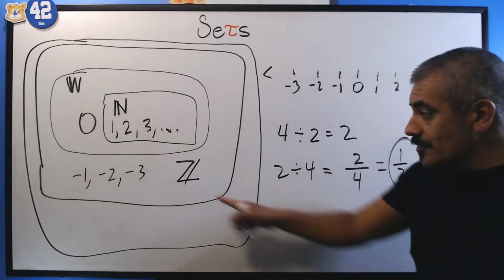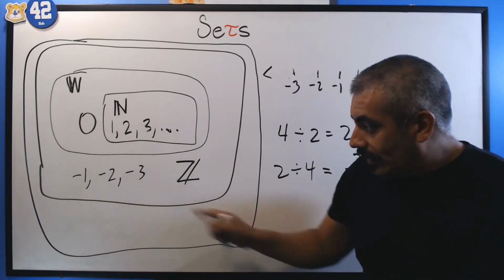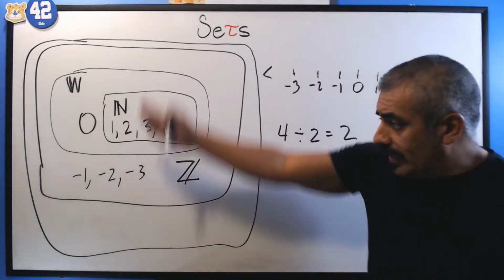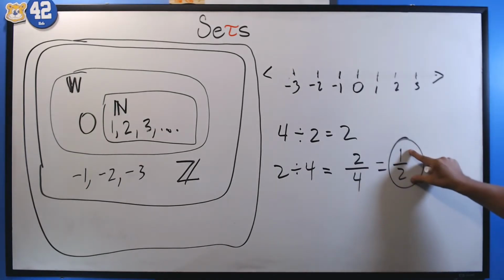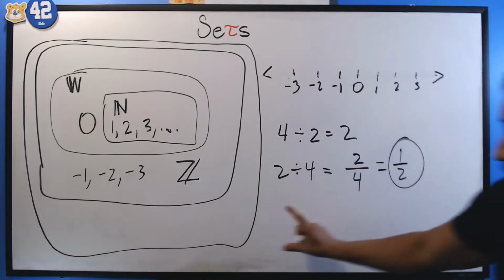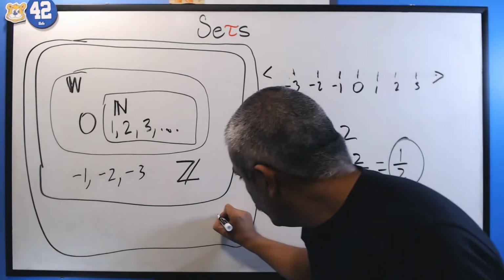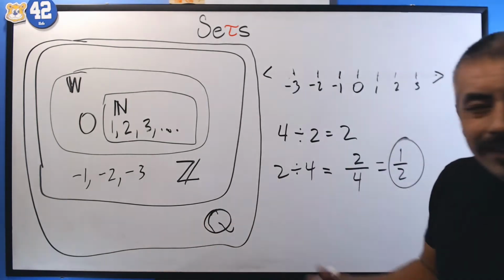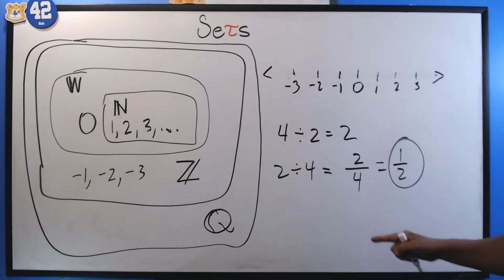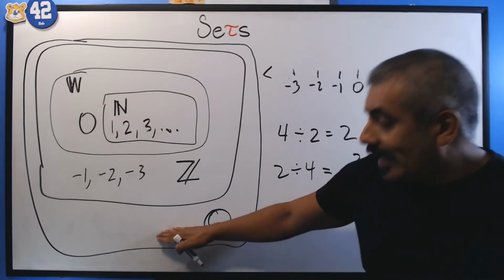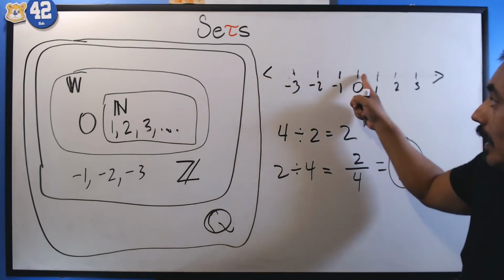Now the integers are symbolized by a Z with a double line as well. In this new set that we're going to extend, that includes numbers like this, remember that another word for fraction is ratio. So this is going to be the set of rational numbers. And for some reason, they use a Q. I think it means quotient, as in division. I don't know. Now this 1/2 is going to be included in this set. And so now we're slowly filling in all the points in between this number line.